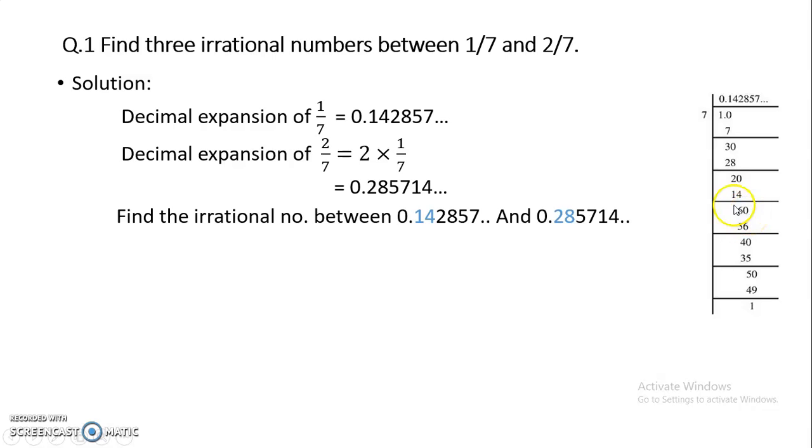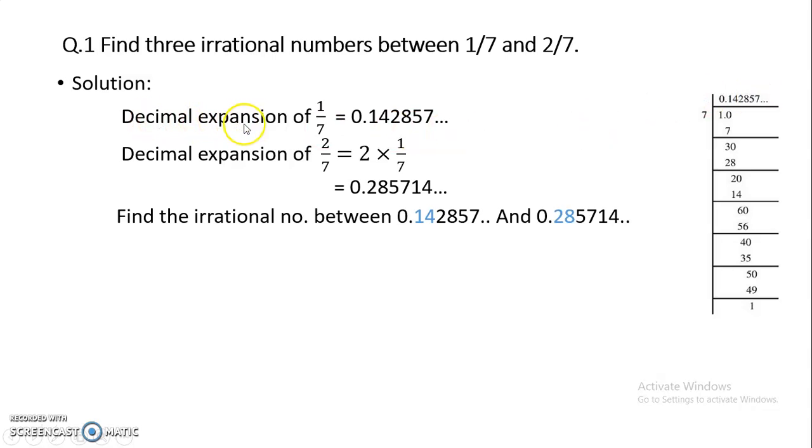0 will come. So 7 8s are 56. So 8 will come up. Again subtraction. Then 4 will be left over here and 0 will be taken again. So 7 5s are 35. So 5 will go up, and this 35. After subtraction 5 will come, and 0 again. 7 7s are 49. So now 1 is the remainder, and after division we have converted this into the